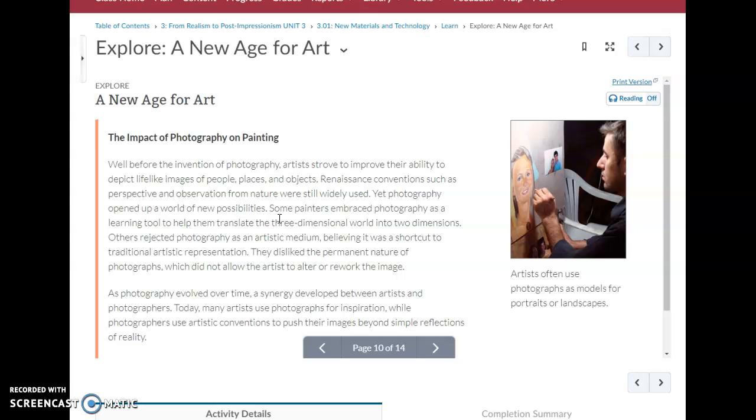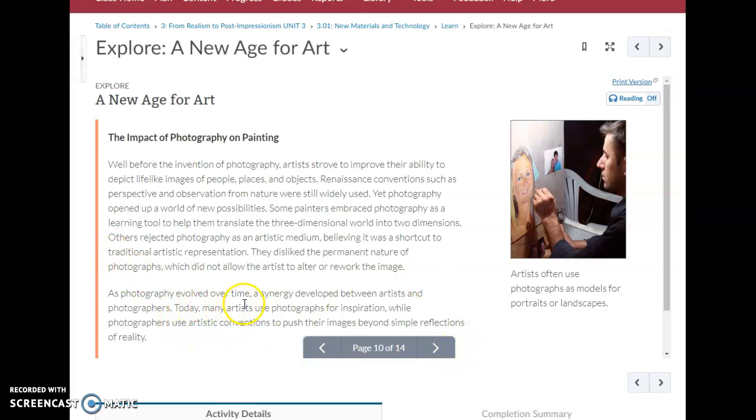Some of the artists were like, yay, photography, and they used it to take photos and then create paintings from those photos. They were like, this will help me make a really realistic painting. And then others rejected photography, thinking that it was a shortcut and thinking that it didn't give them enough freedom to express themselves artistically.